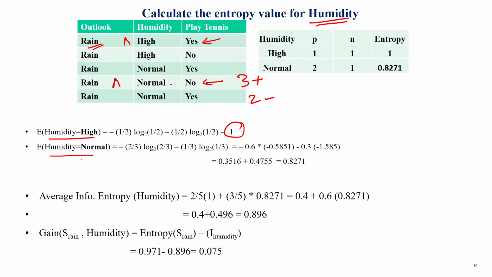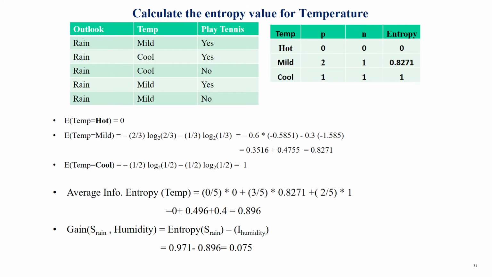When outlook is rainy and humidity is normal, entropy is 0.8271. Then, based on that, the average information for humidity is calculated as 0.896. Finally, we calculate the information gain for outlook equal to rainy and humidity, which is 0.075. Then for the temperature attribute, we calculate: when rainy and temperature is mild, playing tennis,